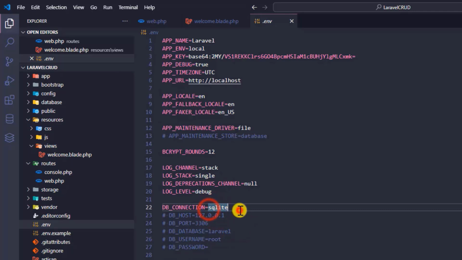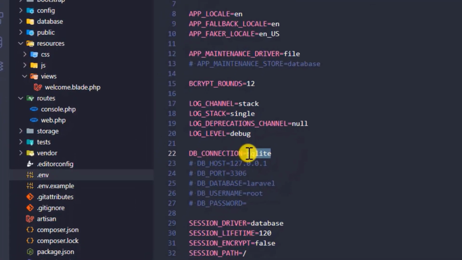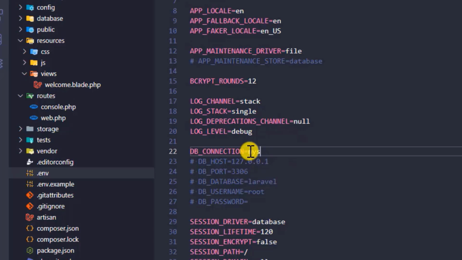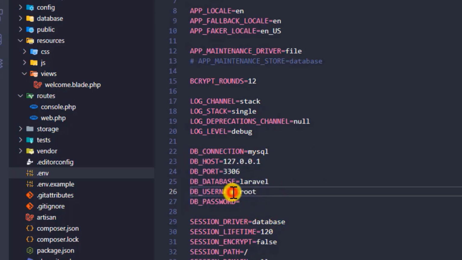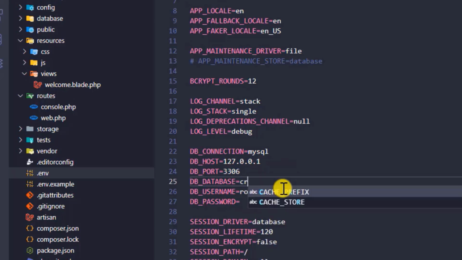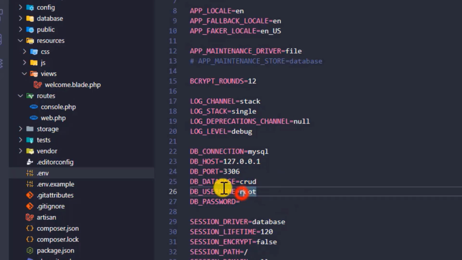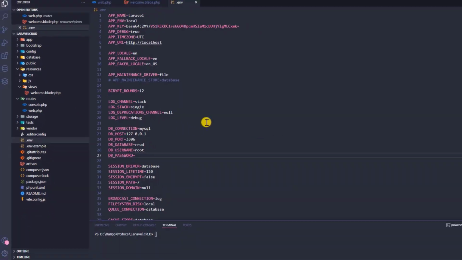Then see, this is our database connection or DB_CONNECTION option. Delete SQLite and type MySQL there. Then I want to add my database information over here, and type your database host, DB port, and database name. My database name is CRUD, so I'm typing CRUD, and our default database username is root, and the default password is blank. Then save this file, and go to your project and reload this home page, and